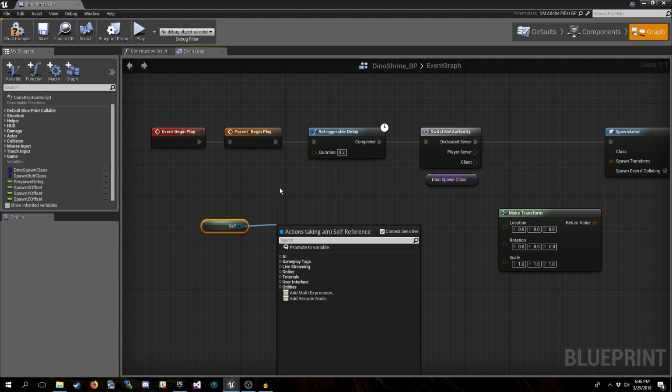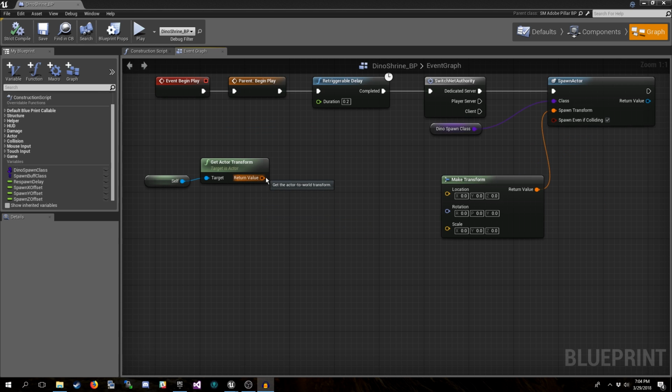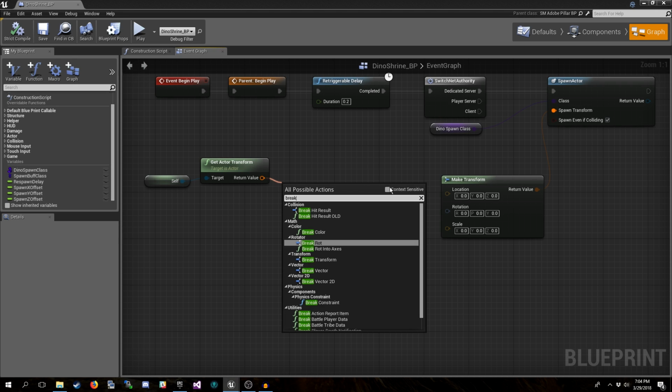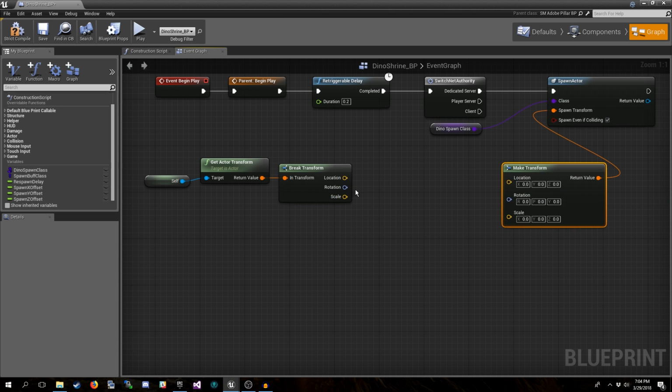So we want to do get actor transform. Now you'll notice I typed all that in there, but it's not showing up. Sometimes you just got to hit uncheck context sensitive to get things to show up that you need. Now we'll want to break this get actor transform. Sometimes we call this butterflying. I don't know why, but I guess it looks pretty with some of the larger ones that you might see.